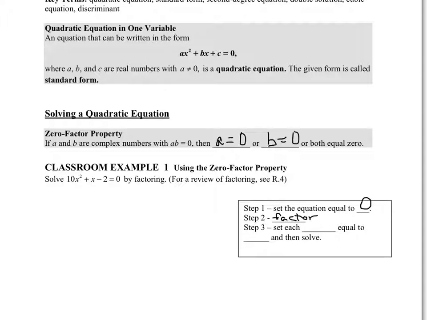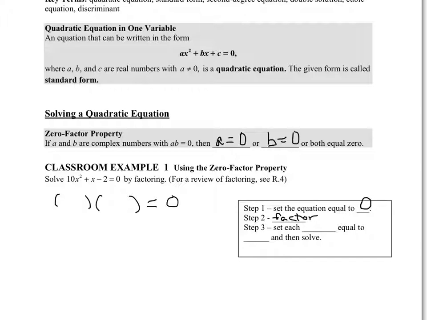In order to factor this, there's a number of methods that you can use, and the way that I would instruct you on that review video will be with the AC method, which is a systematic way of being able to factor. I'm going to simply assume that you know how to factor, and I'm going to take 10x squared plus x minus 2. What I know is if this factors, I would have to have one parentheses times another parentheses equals 0. And if my first pair of numbers has to multiply together when I think of using FOIL, and I would get 10x squared,